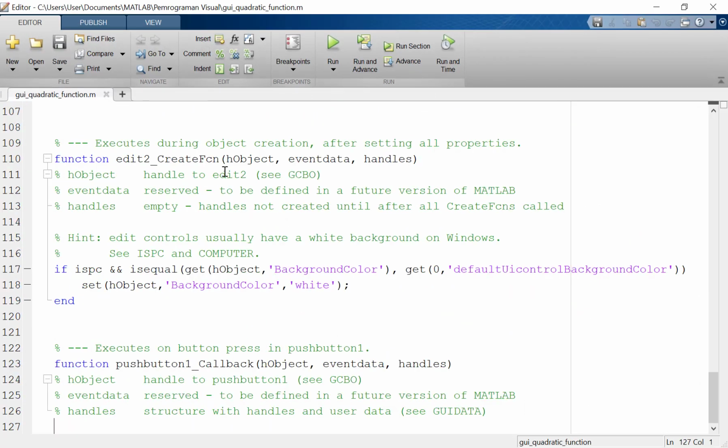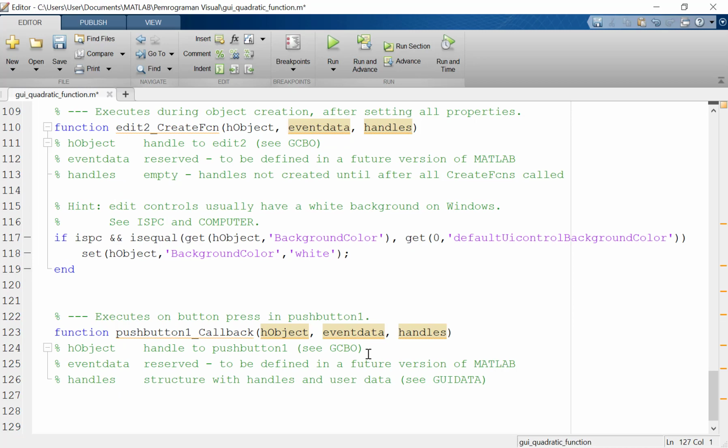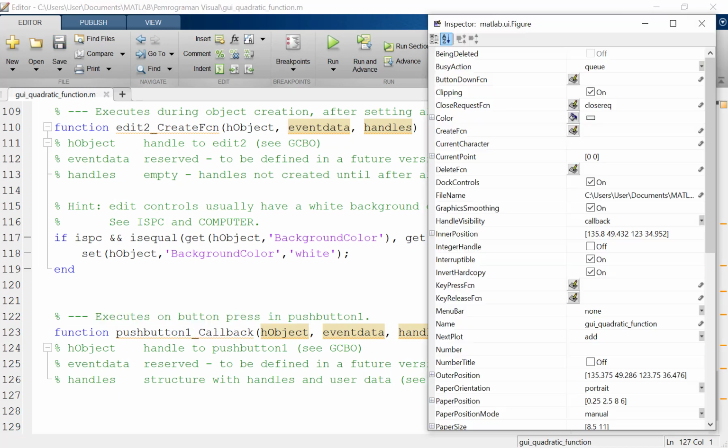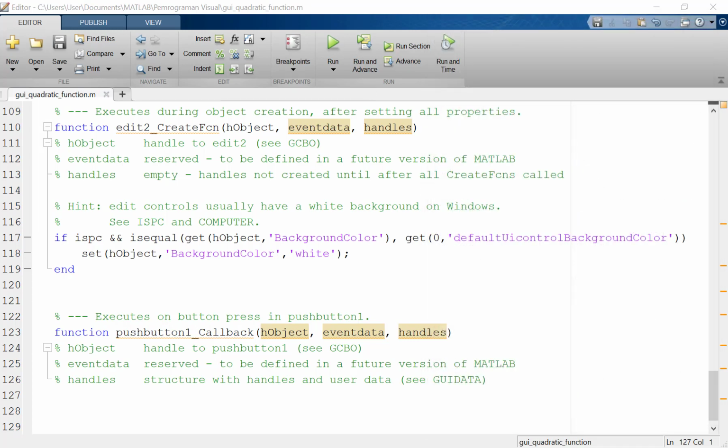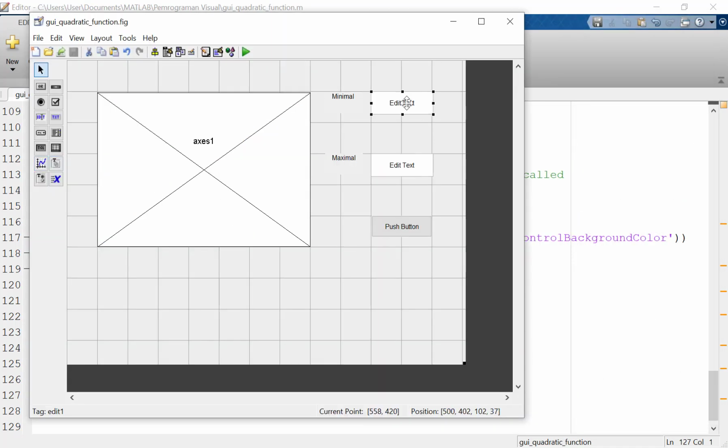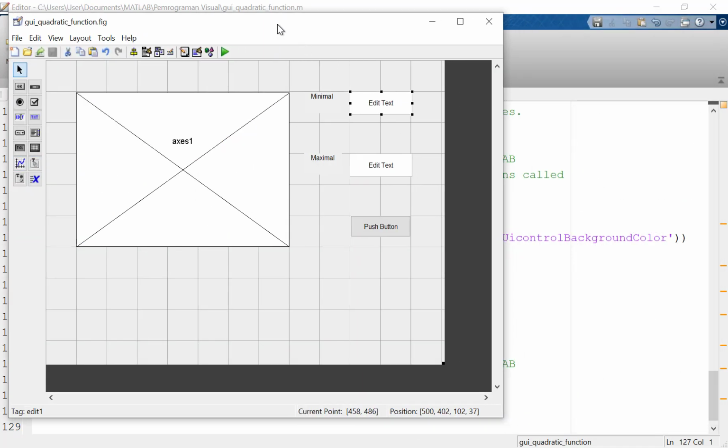After we finish saving the GUI, we can add the code in the function push button one callback here. Before we edit the program, we must see the name of each block.